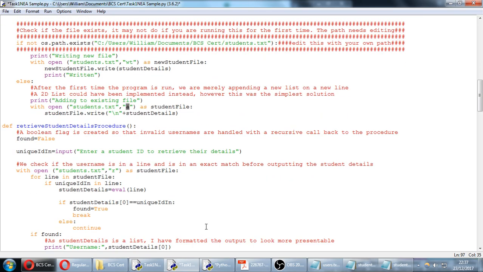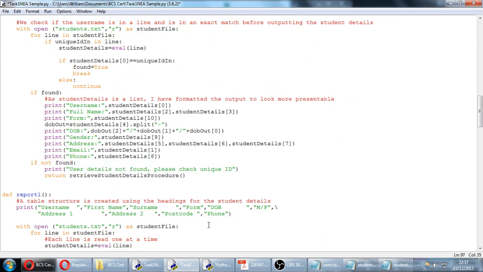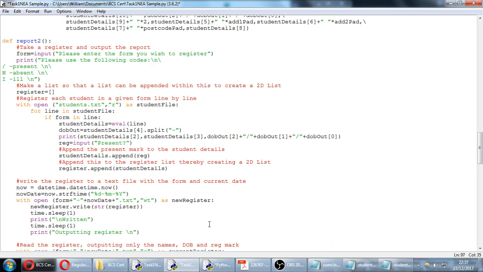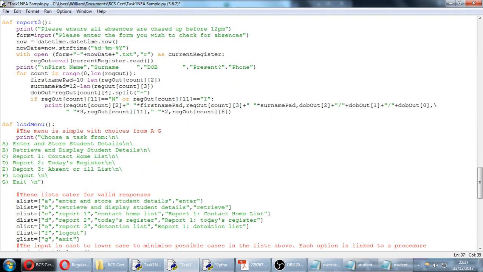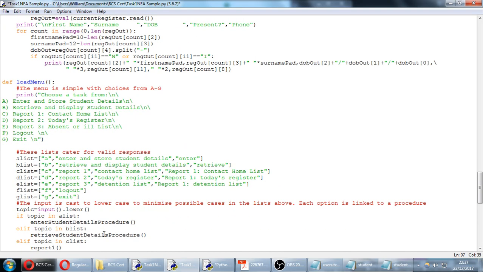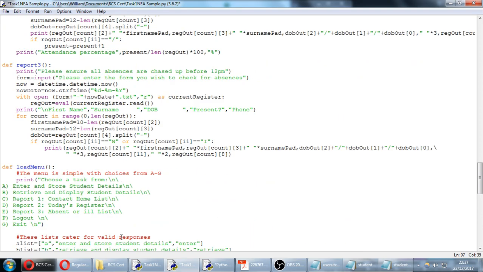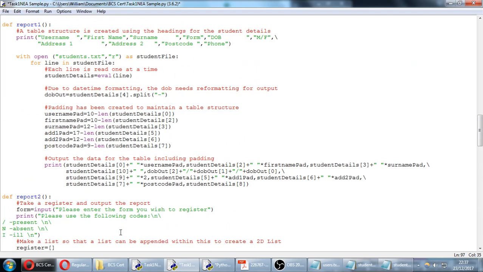After that, so that would be entering student details. There's also a function to retrieve student details as well, which I call here if they enter B. I think,